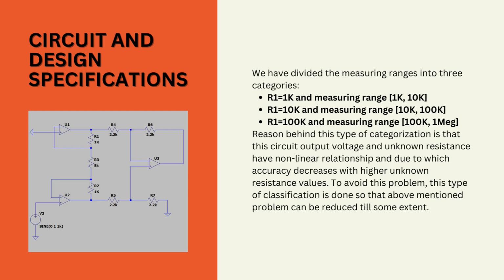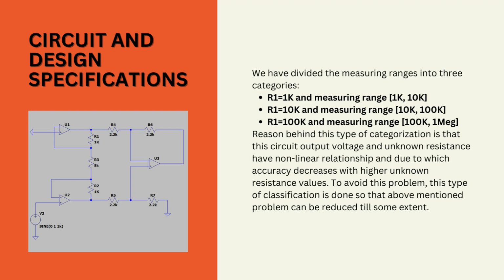If we have a load of 300 kilo ohm and another load of 310 kilo ohm, there is a chance that the output voltage for both resistances will be approximately the same, and we will be reading the same voltage, thinking both have the same resistance. But that's not true. It has a difference of around 10 kilo ohm, which is not a very small value. So to avoid this resolution issue for large resistance loads with only a small value of R1,